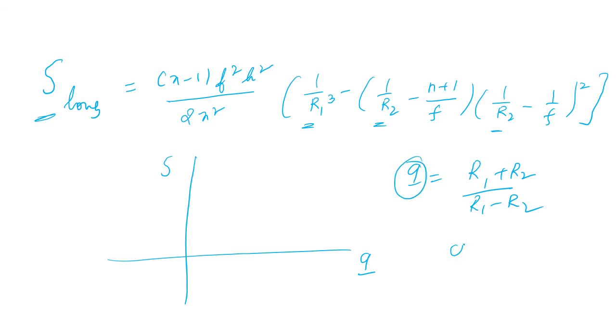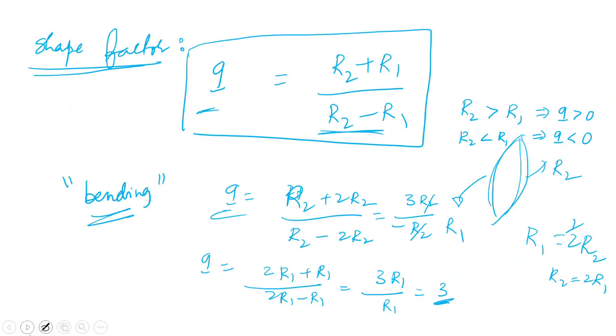Or you could even do something like set this to 0 and figure out what should be the Q factor, the shape factor, to have minimal aberration, right? So that's how we deal with aberrations in monochromatic light. There is another kind of aberration that is called coma, which we will discuss in the